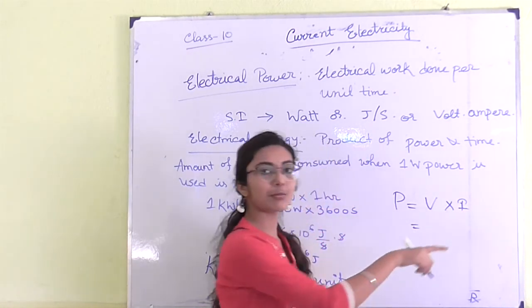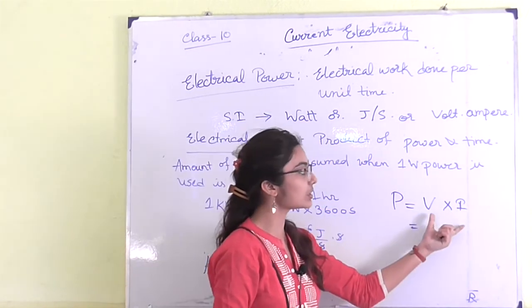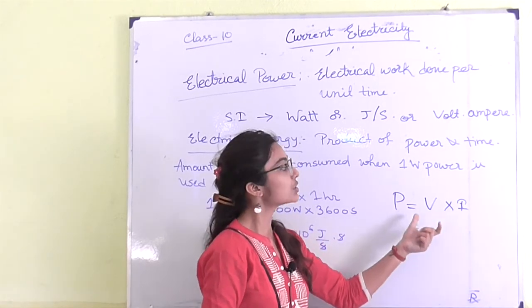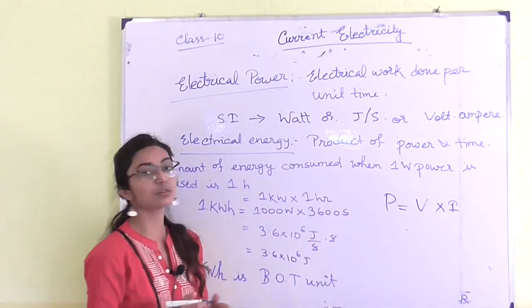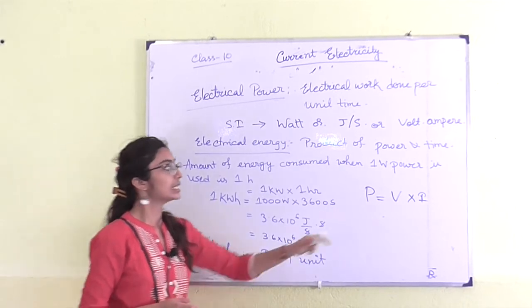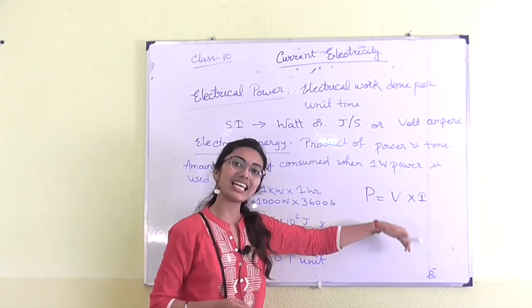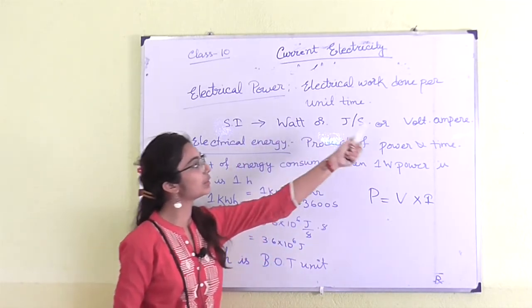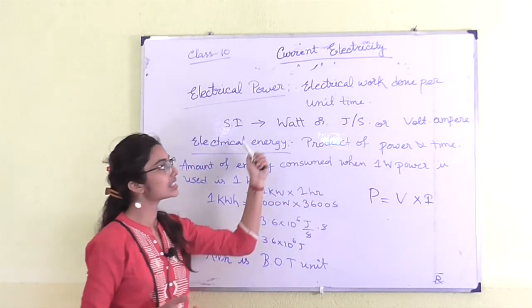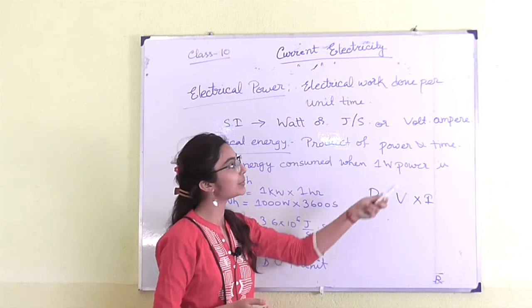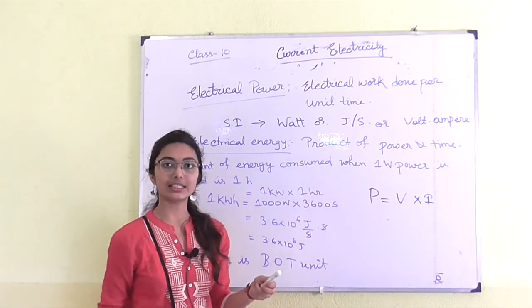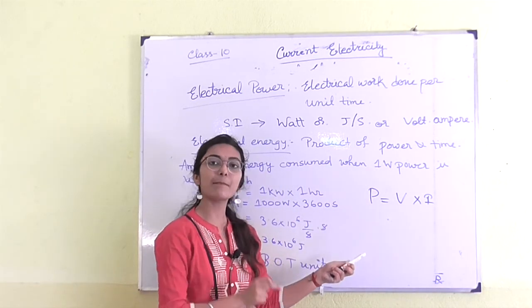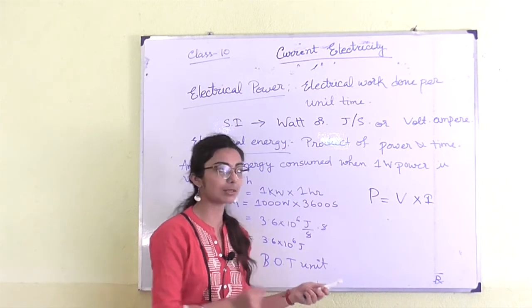From the three relations of power, there was one relation, that is P is equal to VI. So unit of V is volt and I is ampere. So volt into ampere is again another unit of power. So you have to remember three units, because in MCQ these units are given. That volt ampere is the unit of which quantity. Then the answer will be volt ampere is the unit of electrical power.